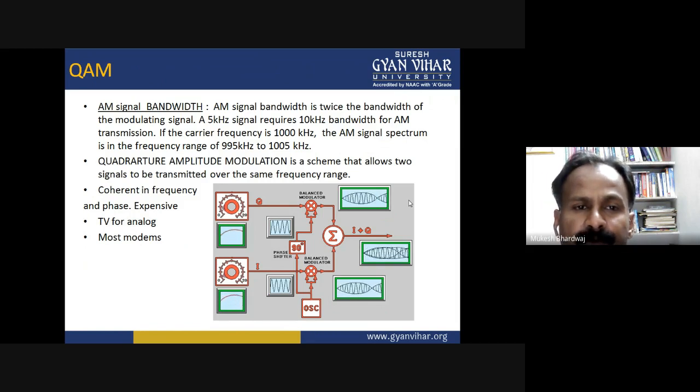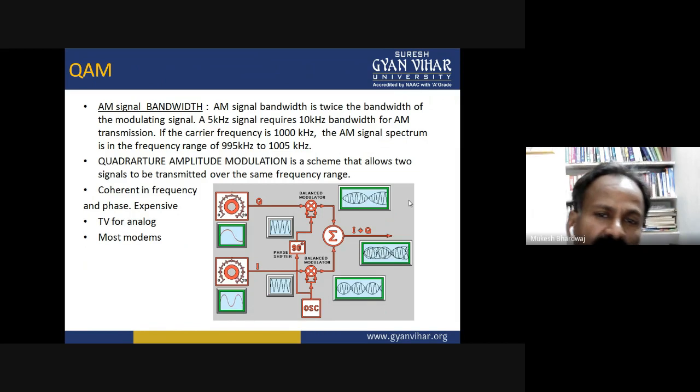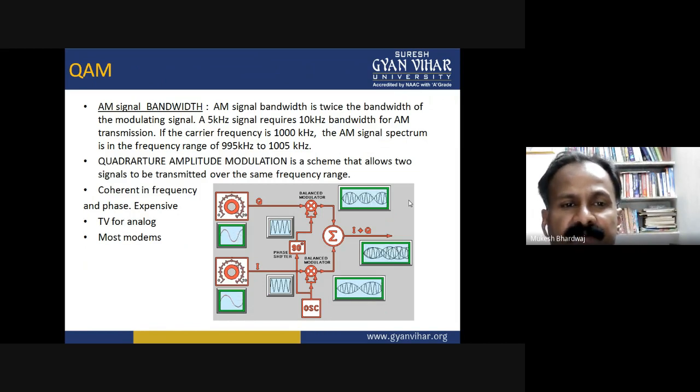So, the amplitude modulated signal bandwidth is twice the bandwidth of the modulating signal. A 5 kilohertz signal requires a 10 kilohertz bandwidth for amplitude modulation transmission. If the carrier frequency is 1000 kilohertz, the amplitude modulation signal spectrum is in the frequency range of 995 kilohertz